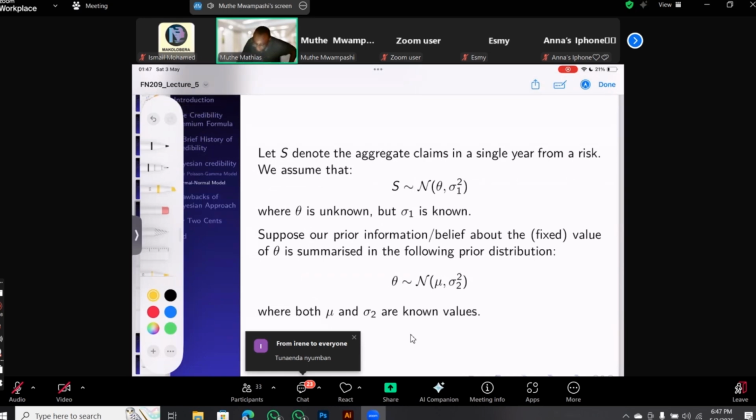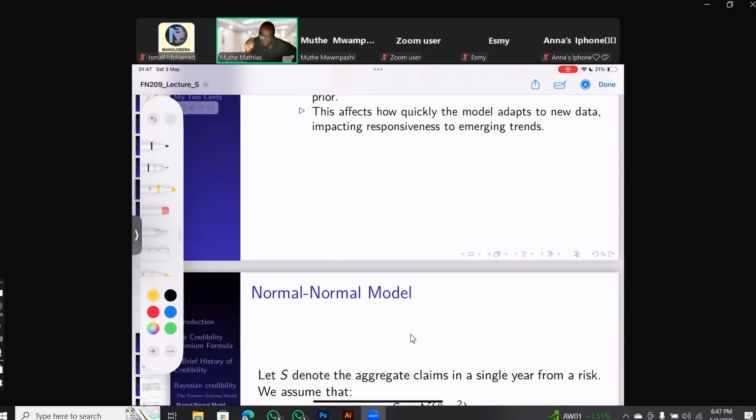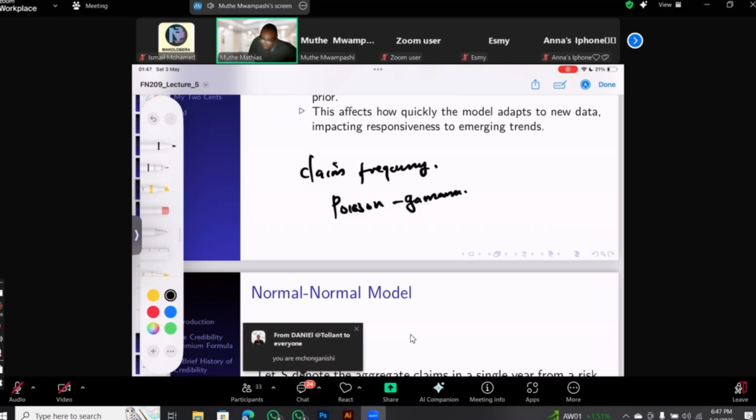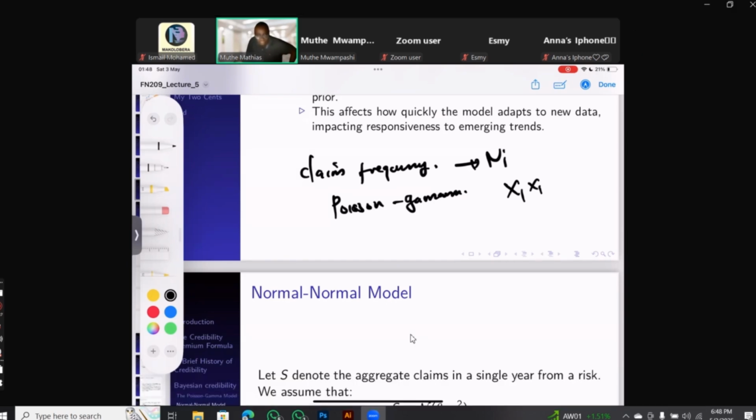Let us denote, okay, so now I said the first model we were trying to model the claims frequency, ndio ilikuwa ni claims frequency, na implement this one here by using Poisson gamma, si ndio? Poisson gamma, na ndo the reason why nilikuwa natumia ni hizi ni axis, si ndio? Lakini I'm using ni kwa sababu nilikuwa na model claims frequency. So we are saying we can also implement the Bayesian credibility by using another approach, which in this case here